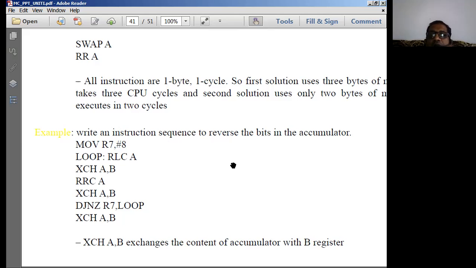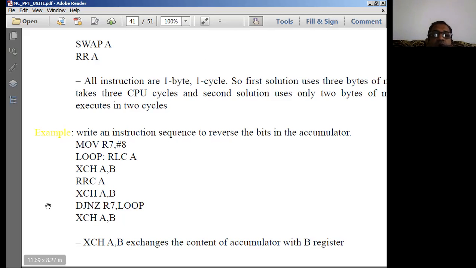Usually, if I want to take out each and every bit, I have to use the rotate instruction to know about each bit in the accumulator. Therefore, I am using the rotate accumulator right and rotate accumulator left instructions to do this program.